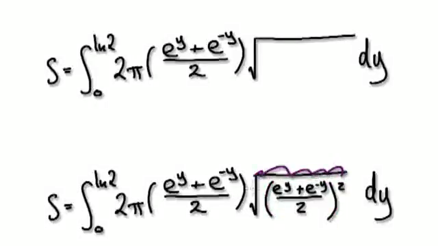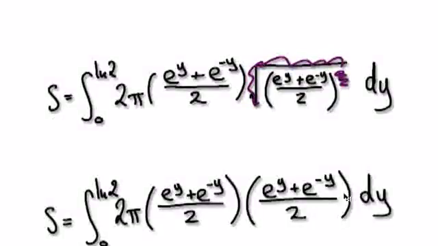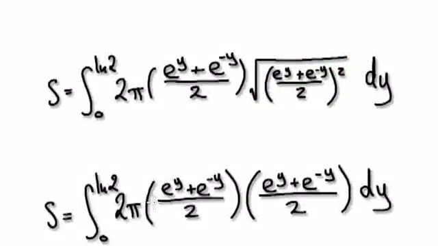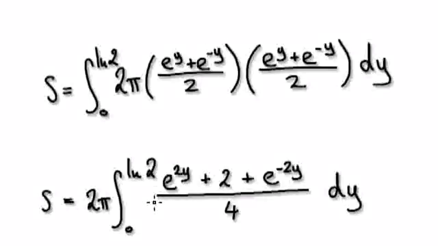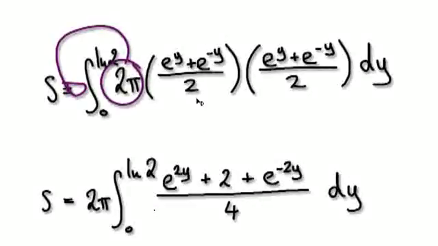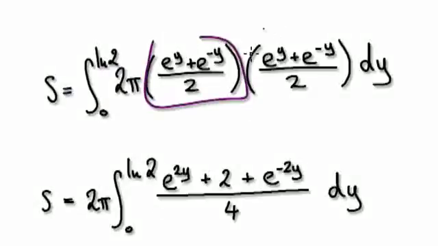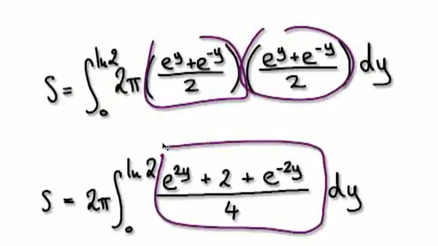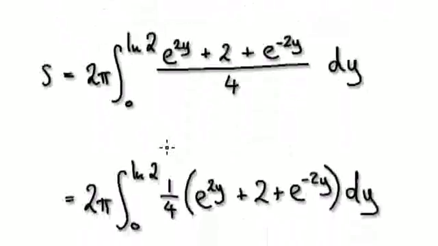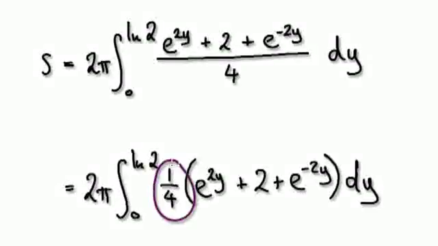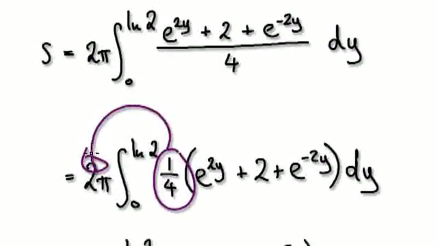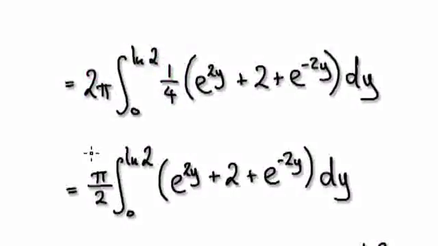So now the square root will kill off this square here. That will then give you this. So now it's just a matter of evaluating it. This thing here is a constant. Take it out, and then multiply these two together. That will then give you this. Notice that it's a quarter there. You can actually take the quarter out here. So that will then give you this, and then